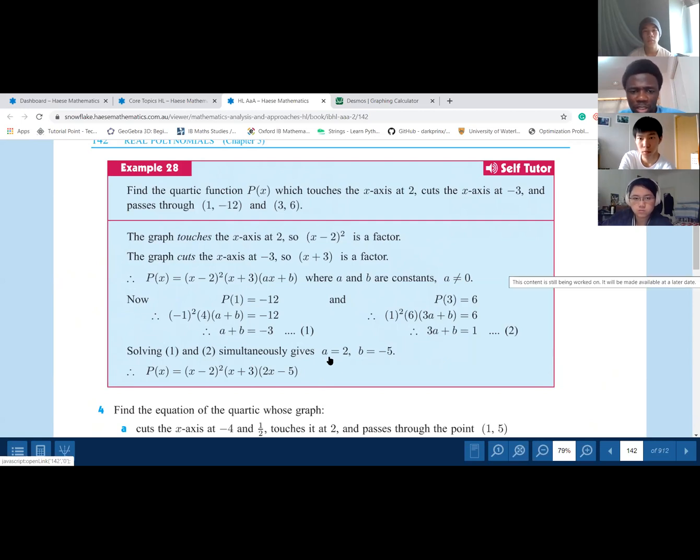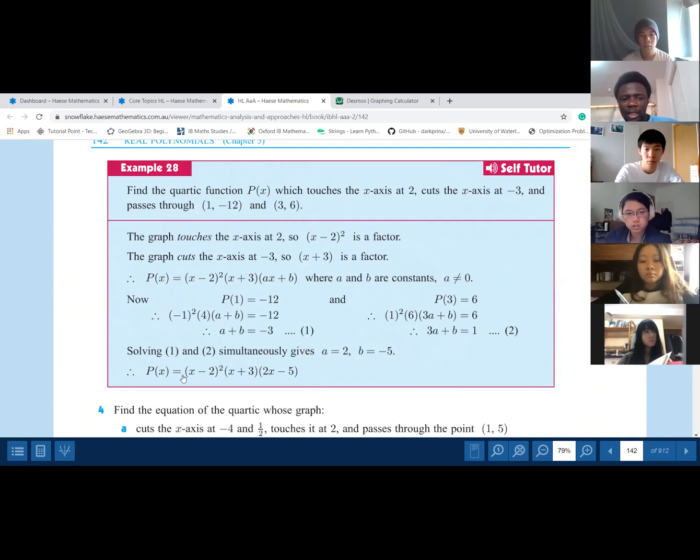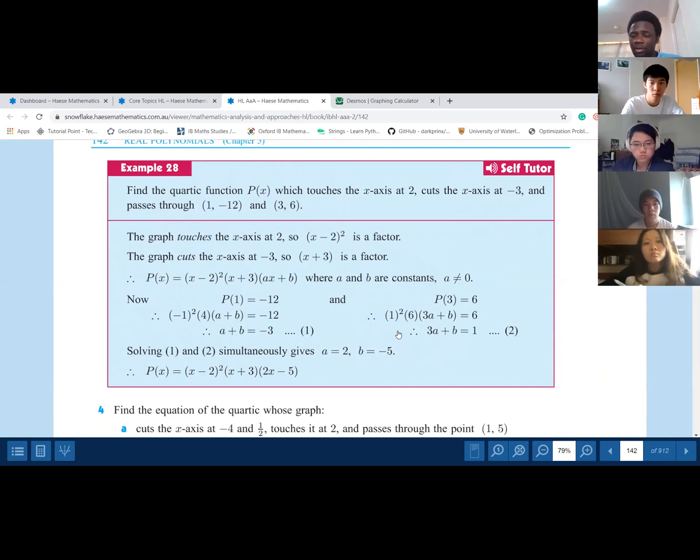If instead of 2 and minus 5, you got 2 and 6, is this the last answer? Why not, Vena? You can factorize the 2. You can factorize the 2, then the 2 comes out as that a that is always outside. Does that make sense, guys? Okay, so that's all about the